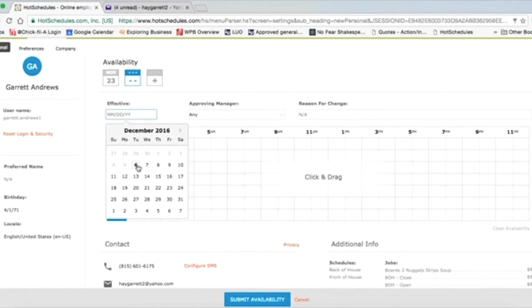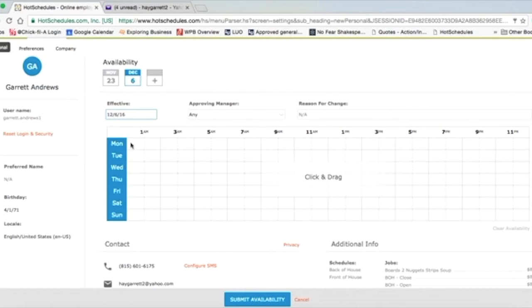However, the students, or anybody who's got anytime you have an availability change, this would be especially true for students in college with a new semester, you can set this availability out for the beginning of your new semester. So maybe January 9th or January 16th, you can set that up. But for right now, for everybody else, we're going to go ahead and just set this as our initial availability